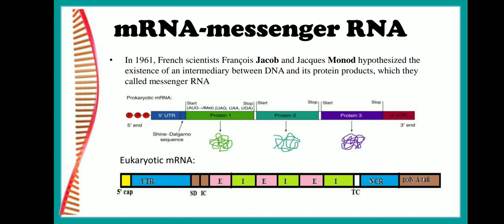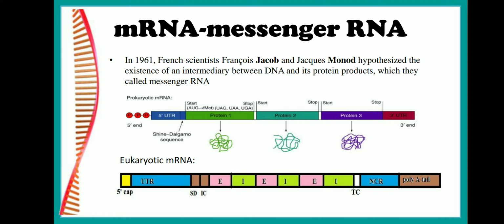It should be noted that, however, mRNA varies greatly in length and the molecular weight because most proteins have different amino acid lengths. The number of amino acids that is there in the proteins will differ every time. Because of this, mRNA varies greatly in its length and the molecular weight.